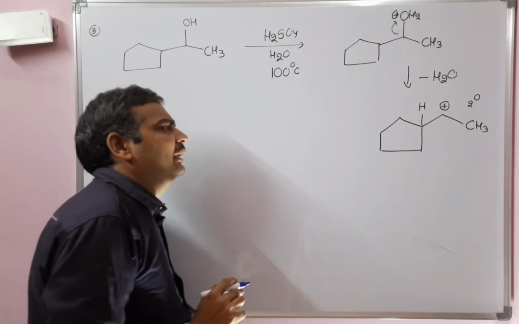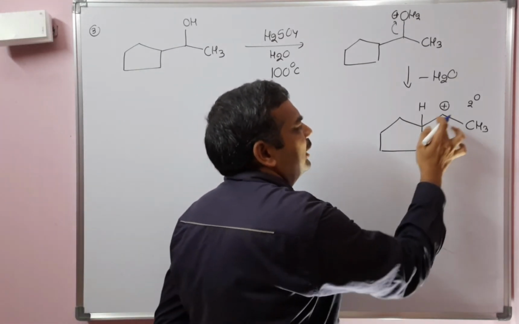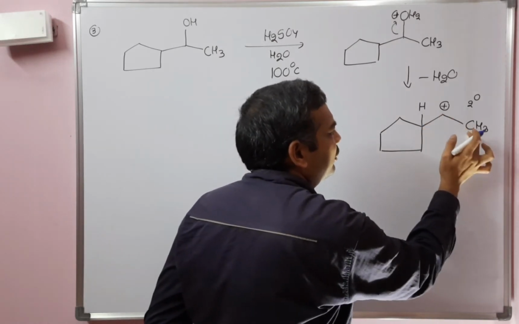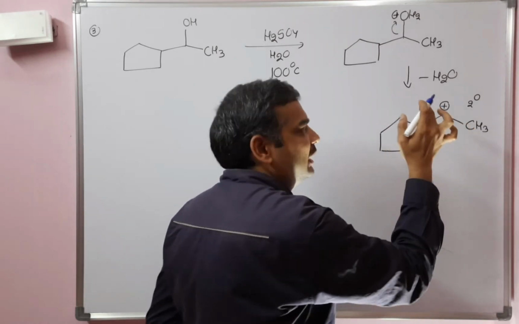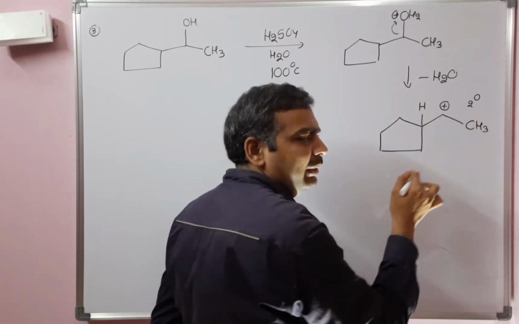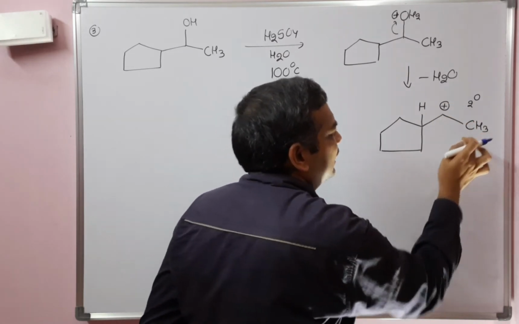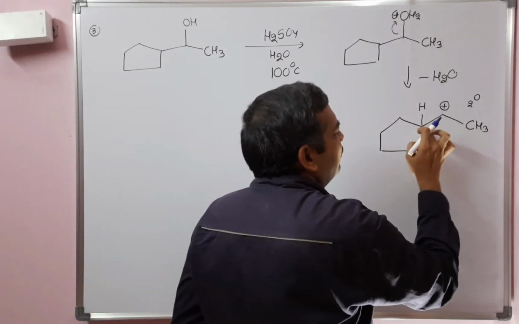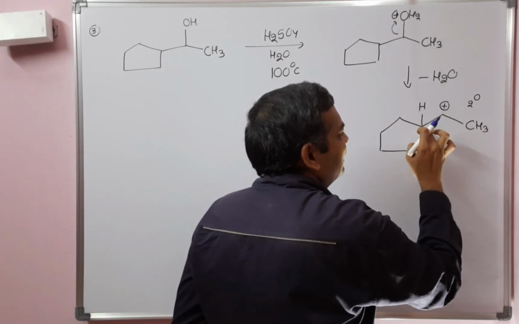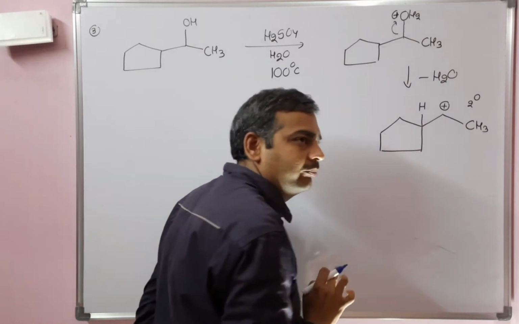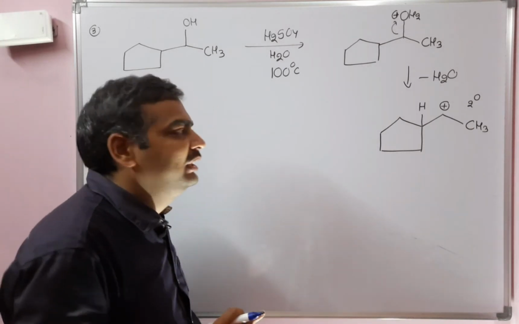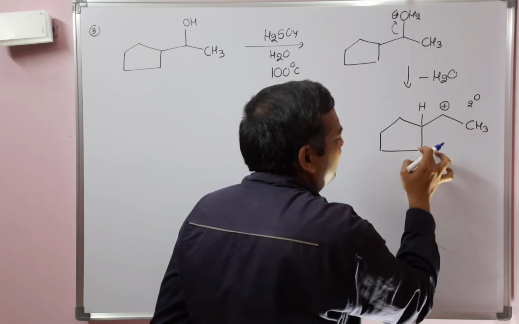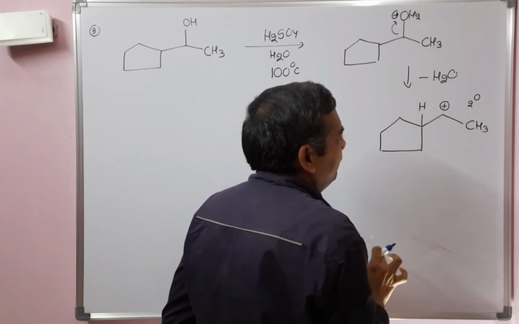Right. So generally, here two types of rearrangement are possible. Carbocation shift from here to here, or here to here. If it shifts from here to here, what is happening? Secondary gets converted into primary, not advisable. If it shifts from here to here, secondary gets converted to tertiary, advisable. But here there are two important points. Hydrogen is there, CH2 group is there.